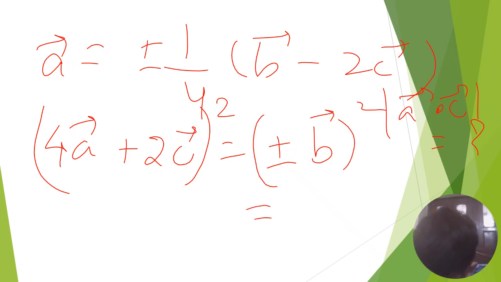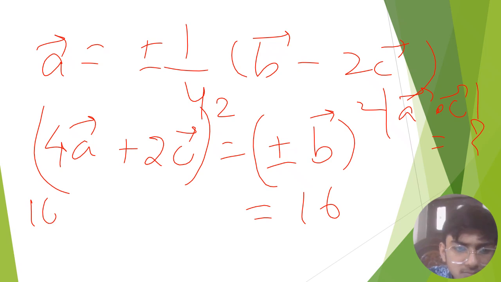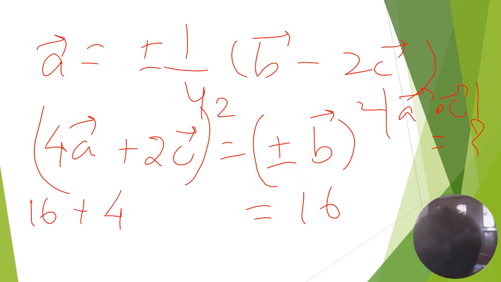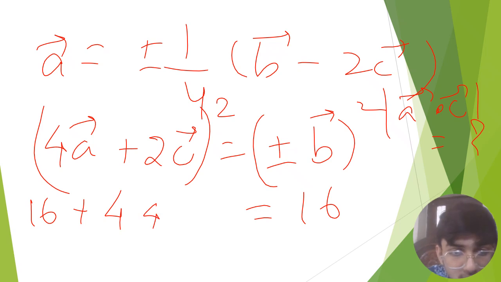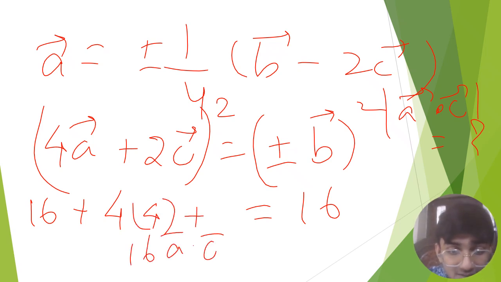What is the magnitude of B? It's 4, so 16. 16 mod A square, that will be 1, plus 4 into magnitude of C square, that is 4, plus 16 A dot C, right? This 16, 16 cancelled. 4, 4, 16, so A dot C will be